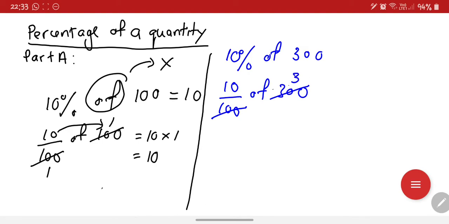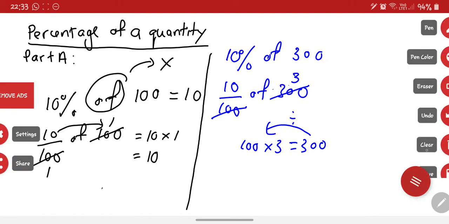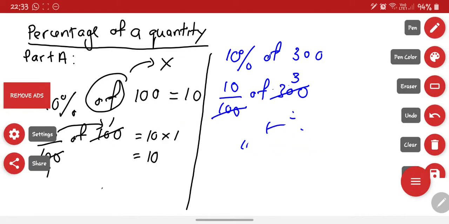You have to know this because why? 100 times 3 equals 300. So if you go the opposite way, you divide. So 300 divided by 100, you will get 3. So that is the understanding. Okay, so once you get that,